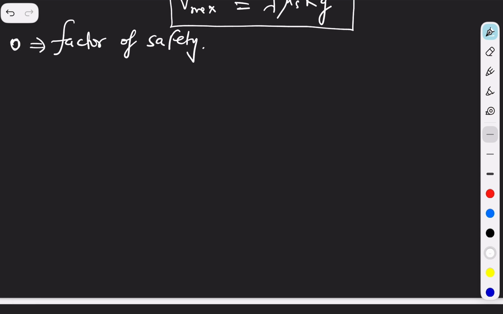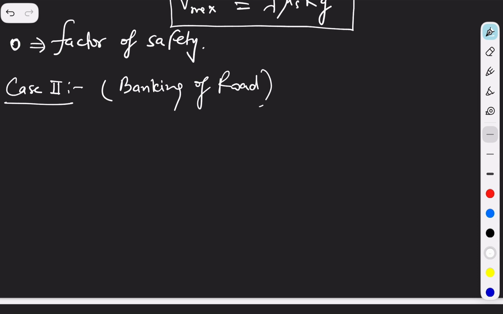Okay, so case 2, guys, we can say case 2. Here, guys, what we have to understand is the banking of the roads. To understand how the banking helps to take a turn on a circular road, I will introduce you to a very common thing that you have done in your childhood also,